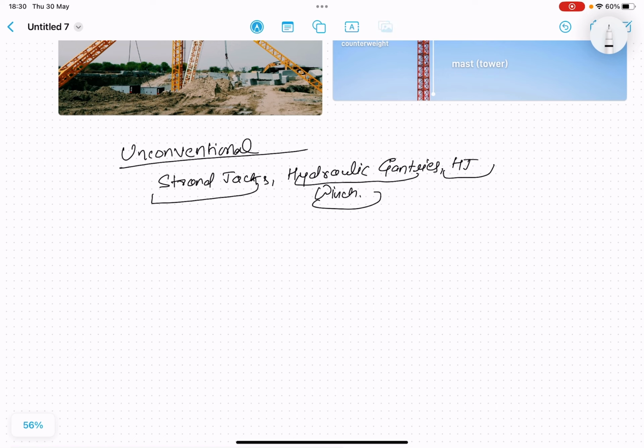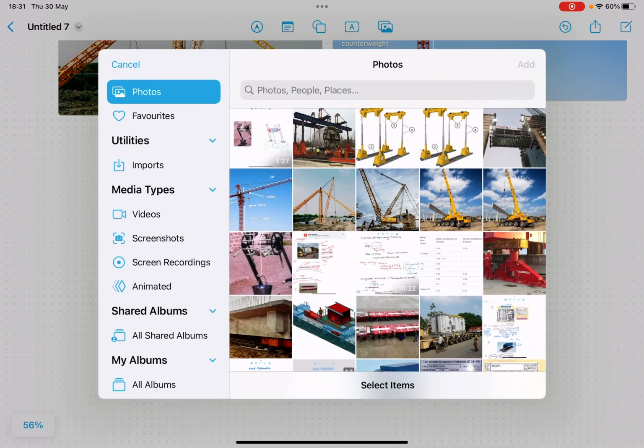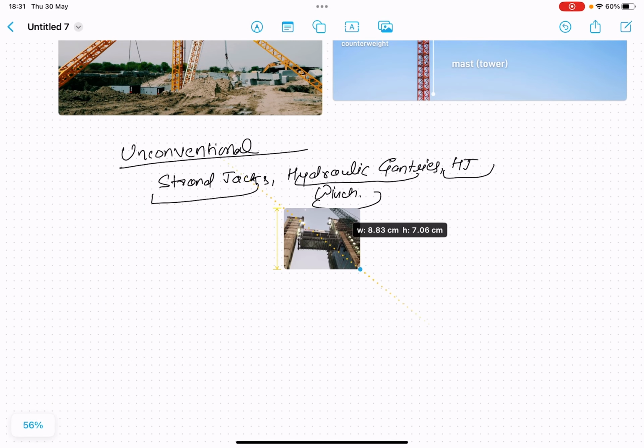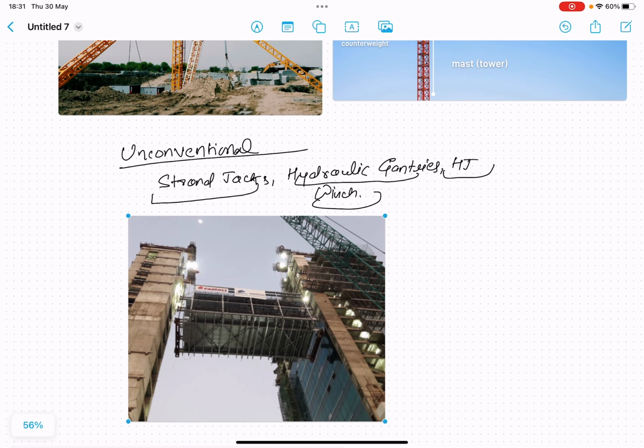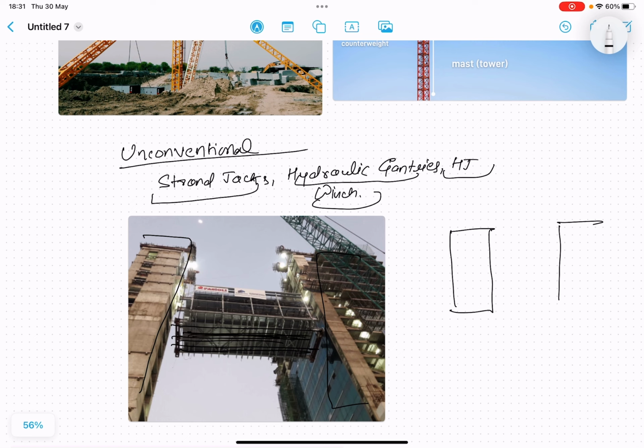I will show you how strand jacks work. So these are basically strand jacks. This is basically a bridgeway. There are two buildings over there, one building and another building. In between them, a bridgeway or bridge walk is being erected. One building is this building, and the other building is this building, and there is a bridge being connected to these